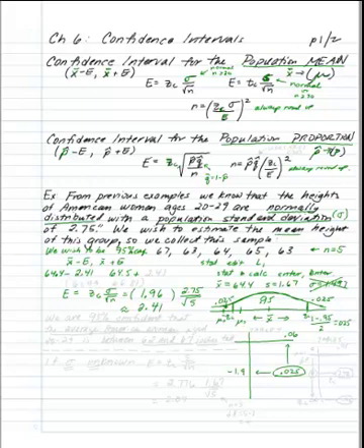2.41 is what I'm going to be adding and subtracting, unless the directions tell you otherwise. Okay, so now we have to do our calculations. Let's see what that is. So when we add and subtract those numbers, we get 61.99 and 66.81. What we're going to say then is we are 95% confident